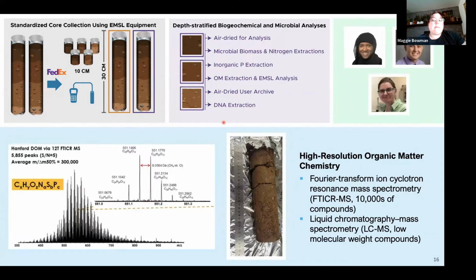And then with this, one of our major goals and one of the big things that EMSL can provide that we don't often have other places is the high resolution organic matter chemistry. So what we're doing with this is extracting organic matter from air dried soils to then run those samples on the FT-ICR MS, or Fourier transform ion cyclotron resonance mass spectrometry, which allows us to get tens of thousands of peaks, and we are currently using the SciMax 7T with a 2XR, which gives a resolution near about 14 Tesla.